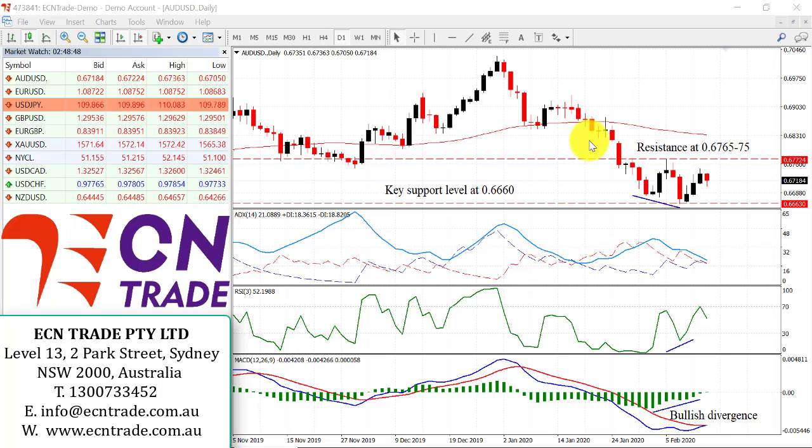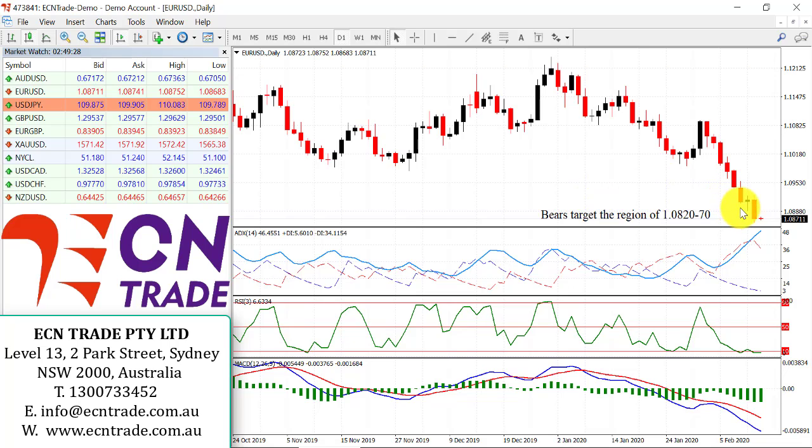Looking at the Australian dollar, you can see that since the bulls have noticed the presence of bullish divergence, which was highlighted from the RSI and also from the MACD, the last three bullish days have held respectively above 67 cents. Although there is a little bit of hesitation coming into today's price action as the market looks towards the resistance or supply zone of 67.65 to 67.75, where I believe the market will take a defensive reaction and see a move back to the downside, looking towards the key level of 66.60. A break beneath there would give further scope to the downside of 64 cents.